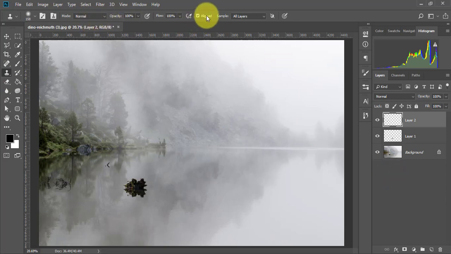Okay, aligned and non-aligned, aligned ticked and aligned ticked off. Let's open up another layer and let's close this layer off. So we're now back to the original image, working on layer 3, which is active, which is once again a blank layer. Make sure all layers are ticked because we're working on a blank layer, so we want to be copying data from this. Okay, with the align ticked on,